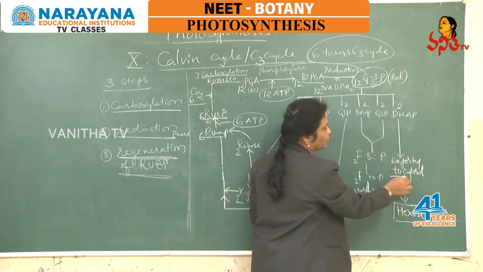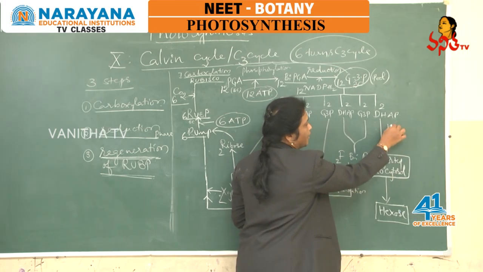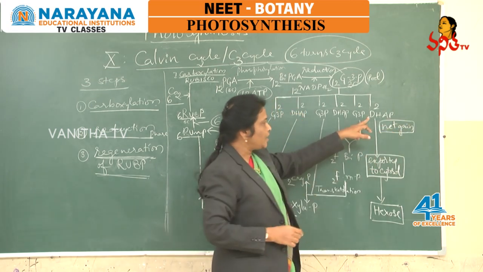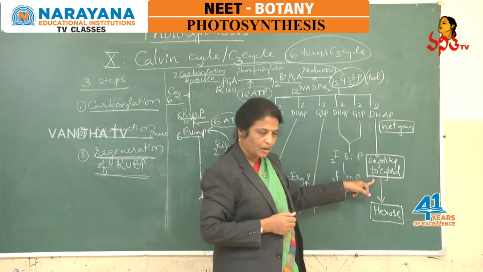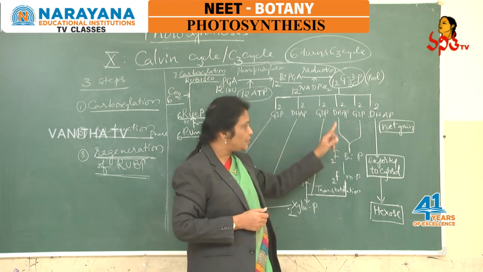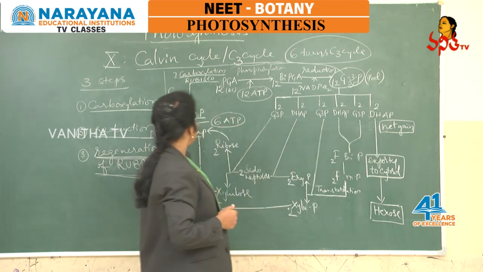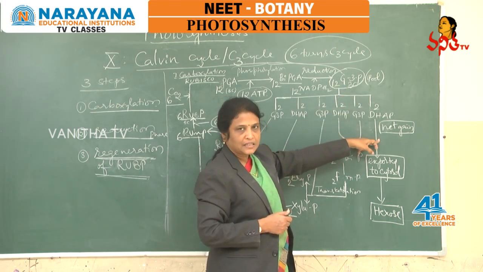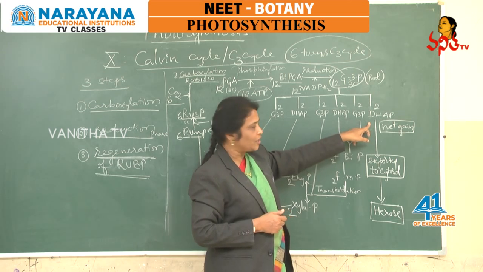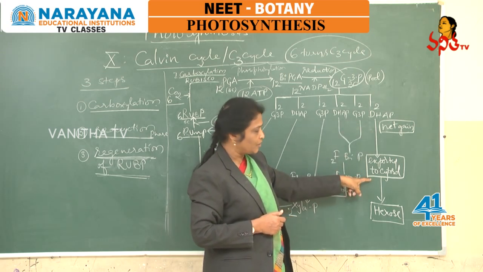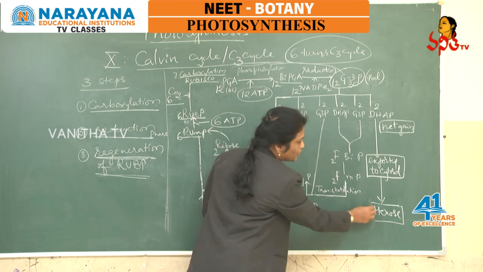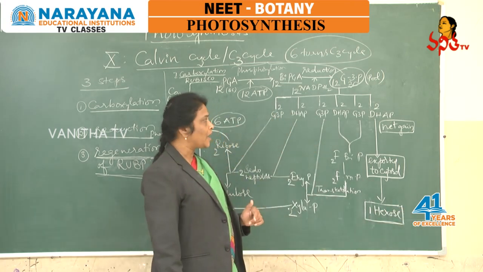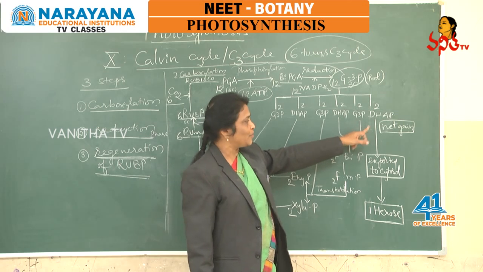Now, as we follow the destiny of these trioses, among these DHAP molecules, 2 molecules of dihydroxyacetone phosphate are exported to the cytosol and considered as the net gain of the Calvin cycle. This is the net gain, meaning the DHAP molecules which are exported to the cytosol and involved in hexose synthesis should be considered as the net gain. So if 6 CO2 molecules are fixed and there are 12 molecules in the G3P pool, how many trioses as net gain did we get? Only 2 DHAP molecules as net gain, and they are exported to the cytosol and involved in the synthesis of how many hexoses? 1 hexose. So for the synthesis of 1 hexose, what should be the net gain from the Calvin cycle reactions? 2 DHAP molecules as net gain.